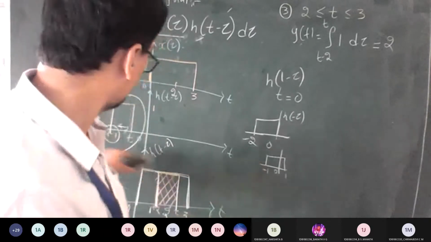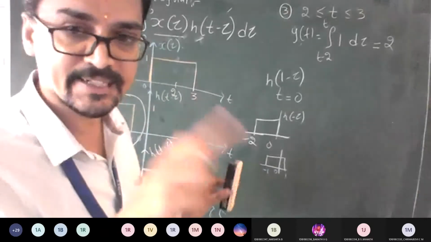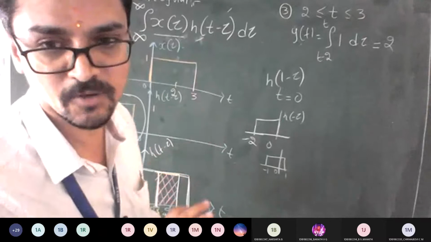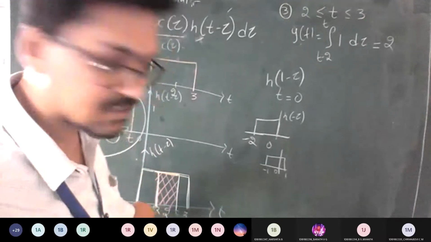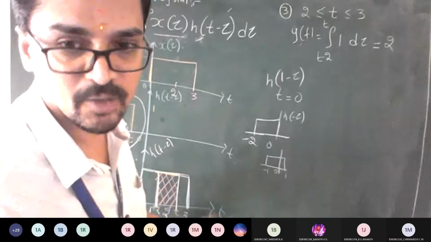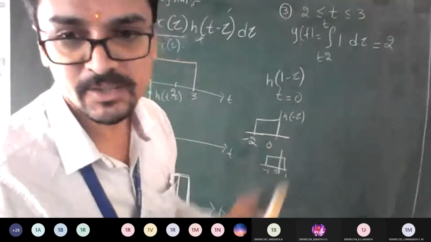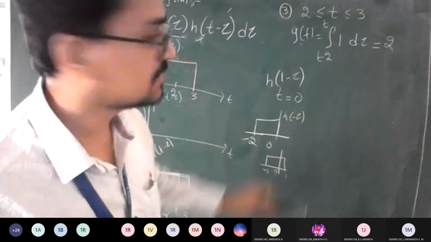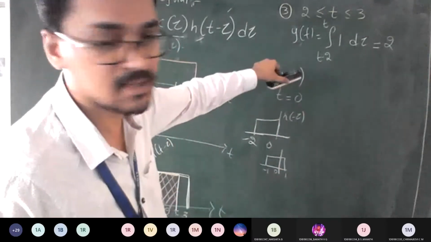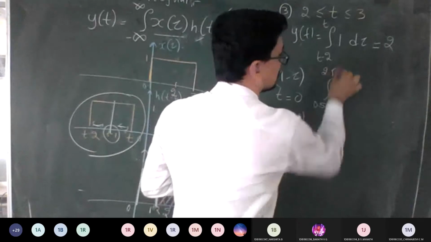Why t minus 2 only? Because of the h of tau interval. If it was ending at 3, it would be t minus 3. Ending at 4, t minus 4. So now your doubt is, if I take any values of t, it will come below this. Correct? That is where the convolution applies. That interval you can take. Now I am taking the generalized one, so whatever values of t you take, this is the interval. So if you take the interval, it becomes 0.5 to 2.5.